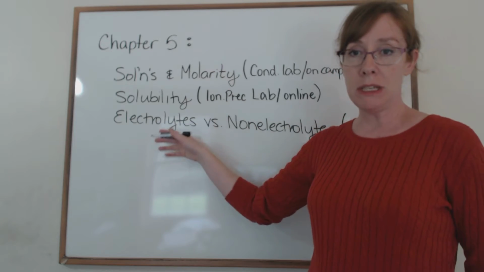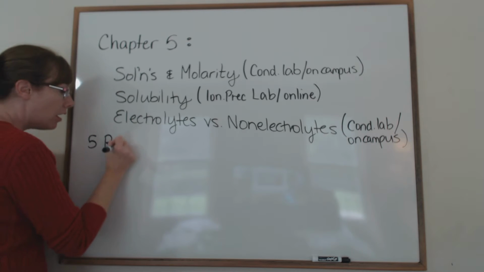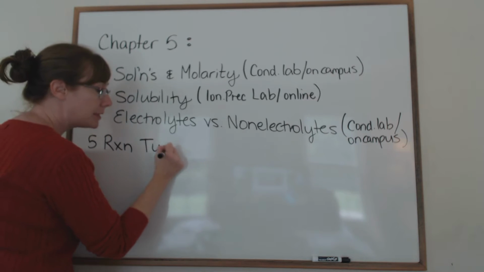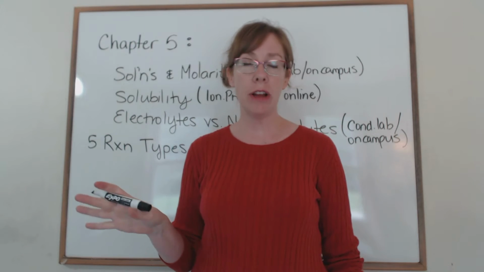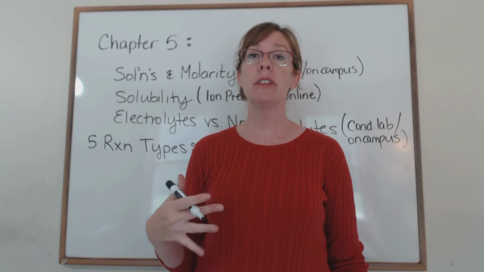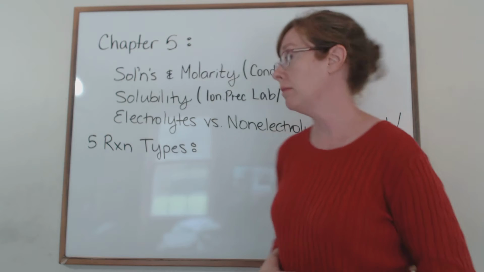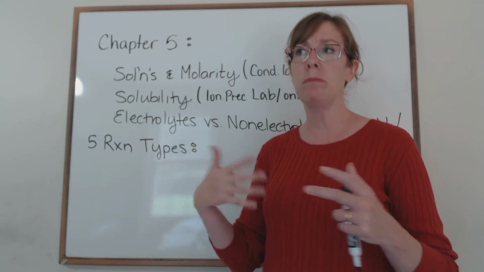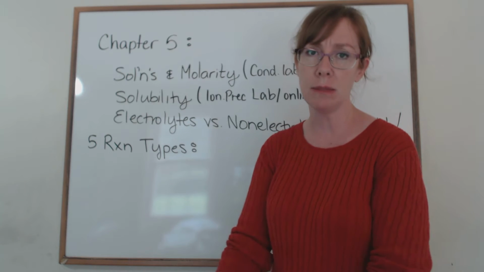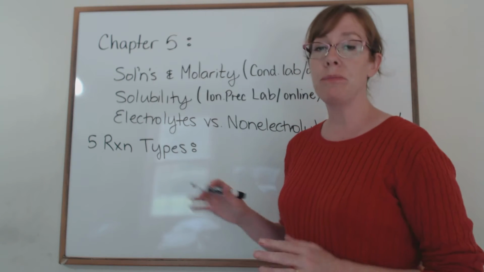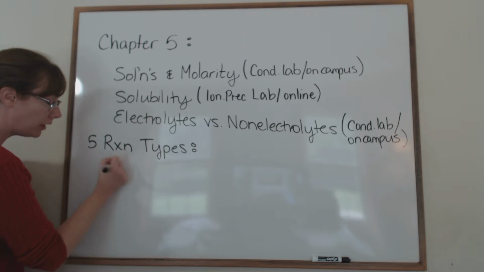Beyond this material, another major focus of chapter 5 is 5 reaction types that we're going to be learning in this course. These are not the only 5 reaction types that exist on the planet. They're just 5 very common reaction types that Gen Chem 1 students will usually be expected to learn about, write equations for, and analyze. So the 5 reaction types we are going to be learning about in this course are, in no particular order,